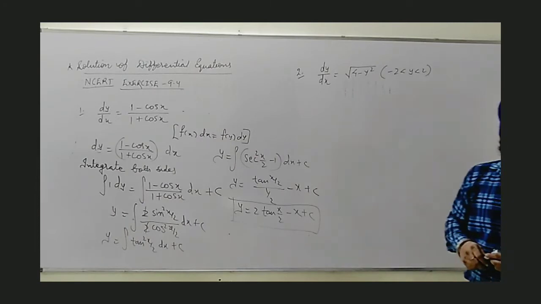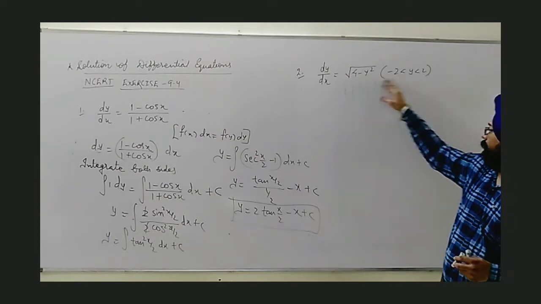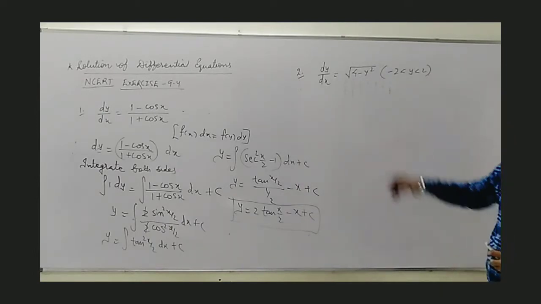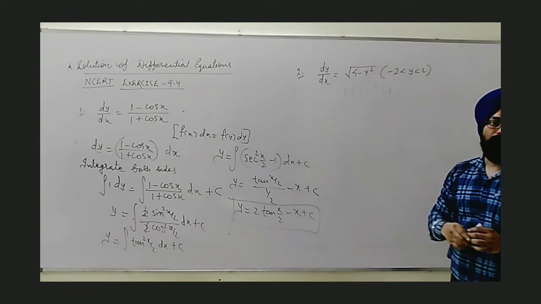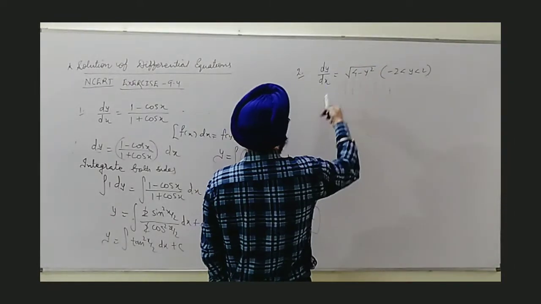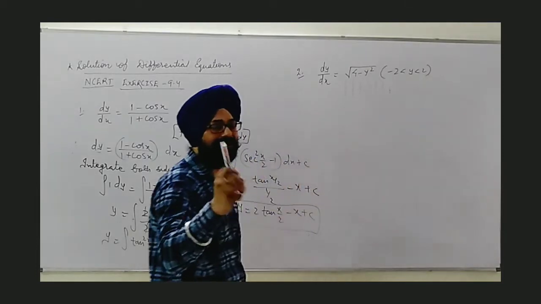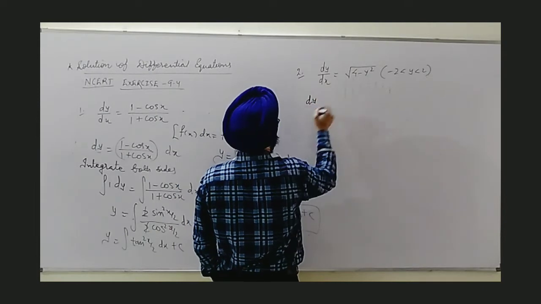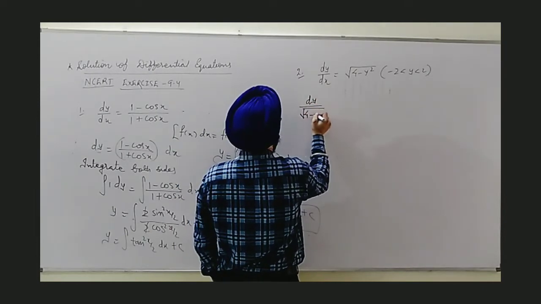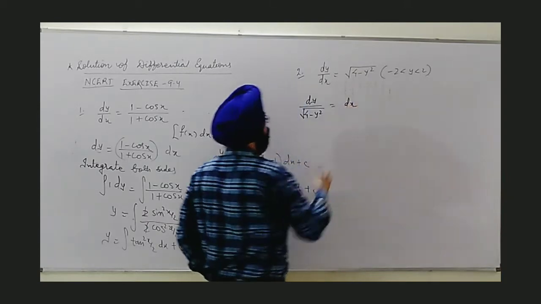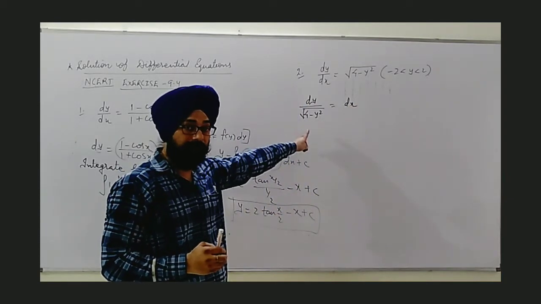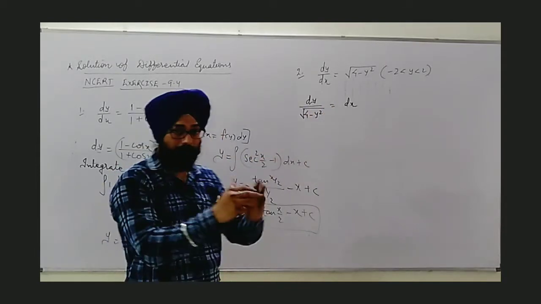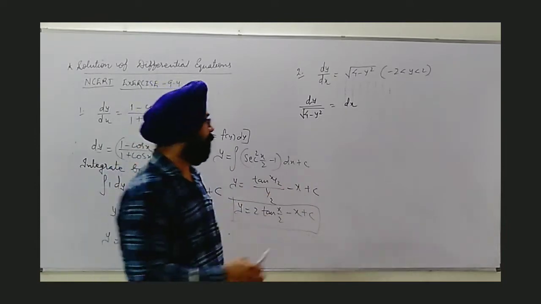dy by dx is already given, under root 4 minus y square. This is the condition, these are limitations whenever a square root function is given. Now, I see this holds the function of y, that's why we will separate x and y. Keep in mind, dx and dy should not be in the denominator. So we will write here by cross multiplication dy upon root 4 minus y square equals dx, as any function of y will be clubbed with the dy and function of x with the dx. We have done. Now I said whenever you separate both of the variables x and y, integrate.